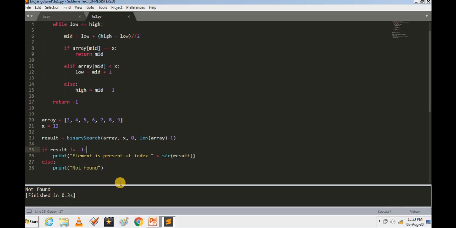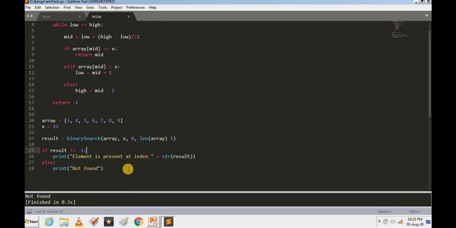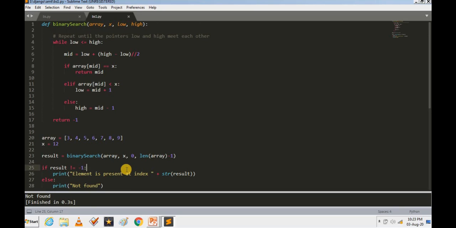Okay guys, one more thing, this is the easiest code that I can show you in Python for binary search. You are not going to get it from anywhere, that's my promise. And I request you to please implement this code on your system, and do let me know in the comment section what problems you are facing so that we can sort it out.